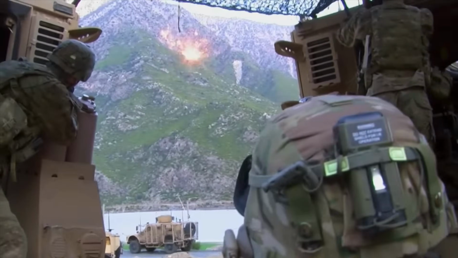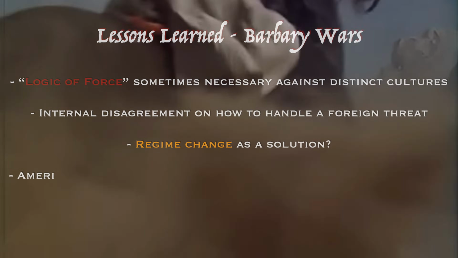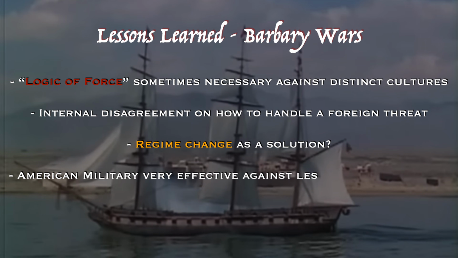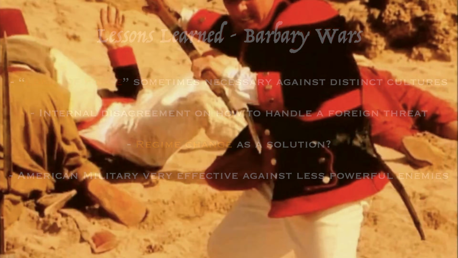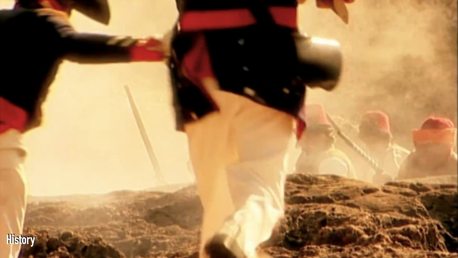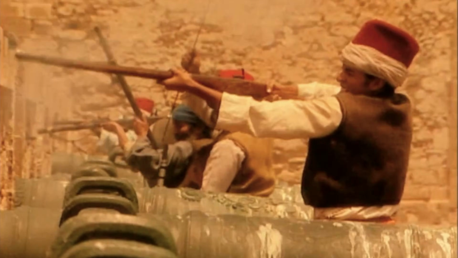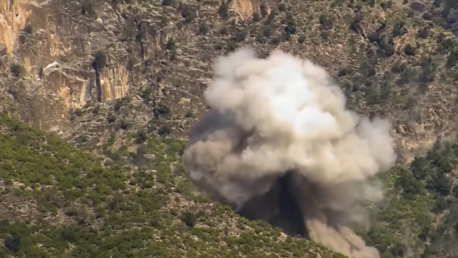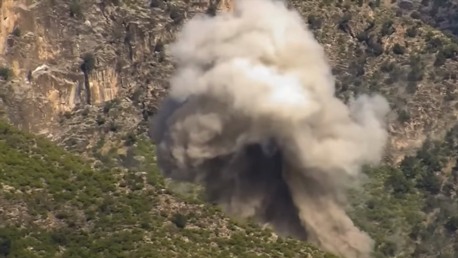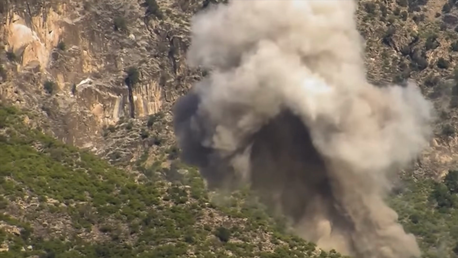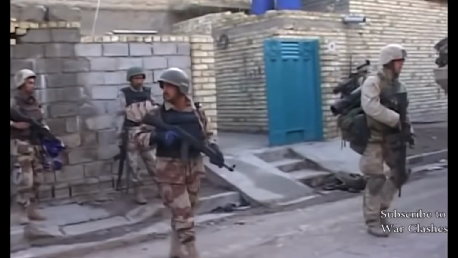On the tactical level, we see yet another trend that has continued through recent wars, the OP nature of the American military. Part of this is because the US, since World War II, has been consistently fighting weaker nations, but still, the KD ratio for the US military was insane then and now. In the 1801 sea battle with Tripoli, the US killed 30 Corsairs and wounded another 30 with no casualties. In the first battle, the siege of Tripoli, the US lost 1 dead compared to dozens or hundreds of dead in return.